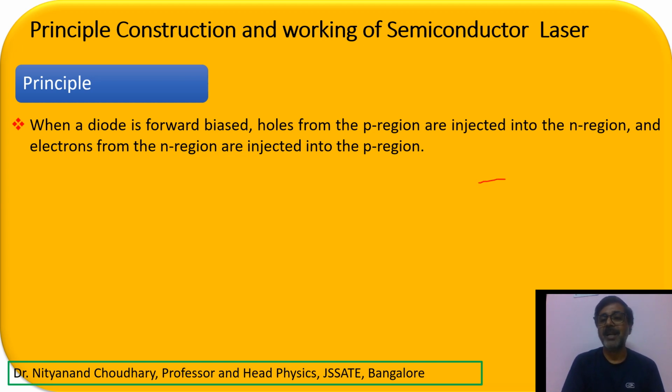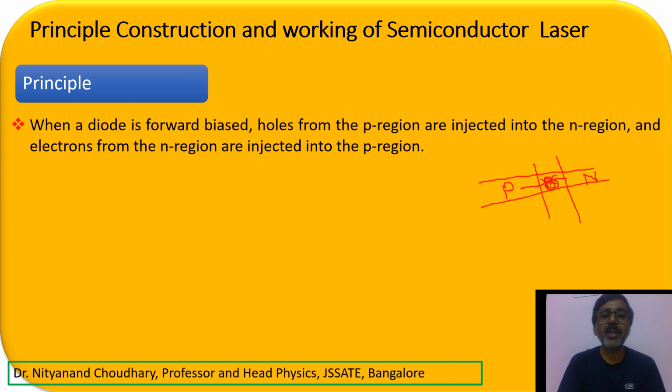Let's try to understand. Let us suppose this is your PN junction. So this one side is your P type, and the other side is your N type, and you have forward biased, right? So the moment you have forward bias, here you are getting a depletion zone from where the holes are getting injected on this side and the electrons are getting injected on this side, and here you have the combination of electron and holes, and of course they can combine together and the photonic energy is going to be released.